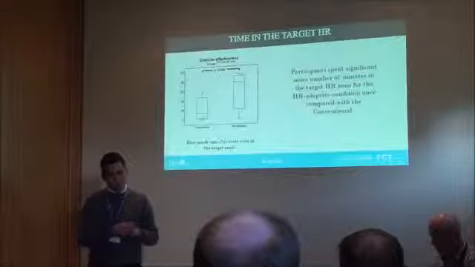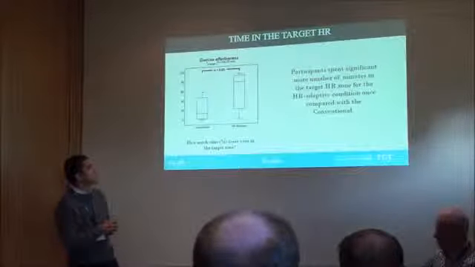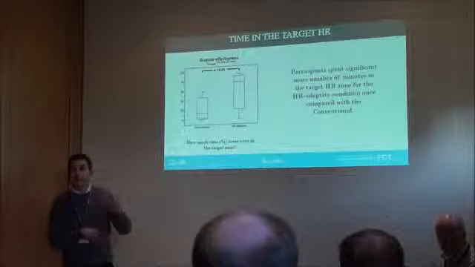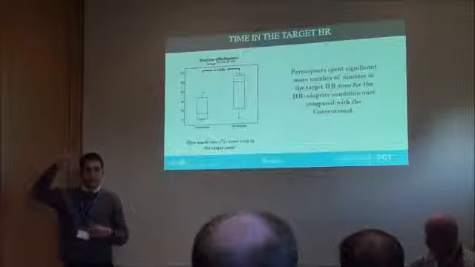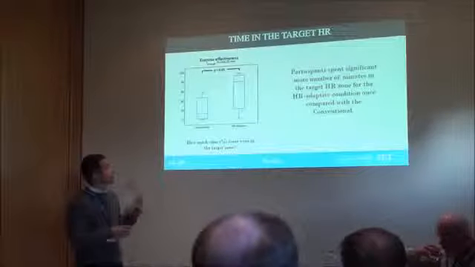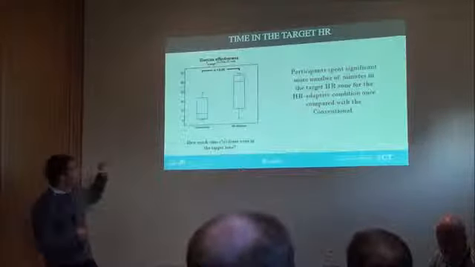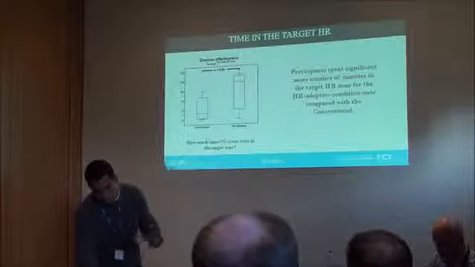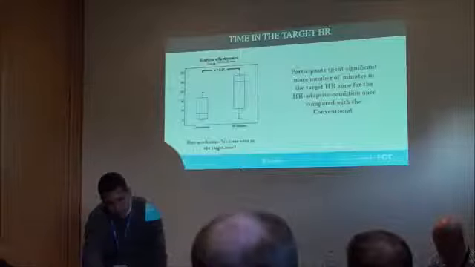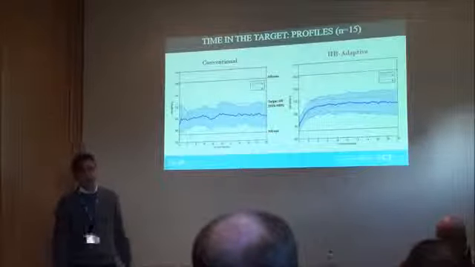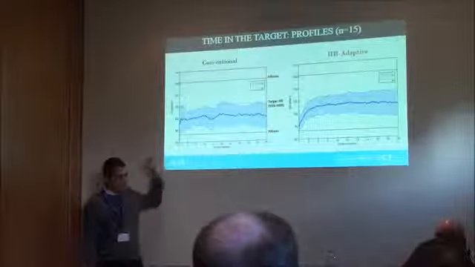So some of the results that we took from the experiments: the participants spent significantly more minutes in the targeted zone with the biocybernetic loop system, which means that, of the 20 minutes, more than 40% of participants actually increased the time they spent in this targeted zone. As you can see, there are two different curve profiles. It's like an average curve for that.